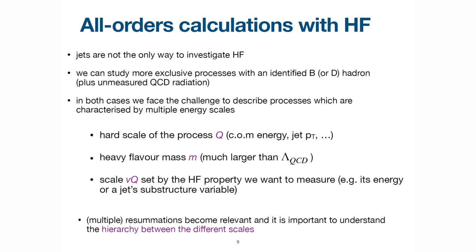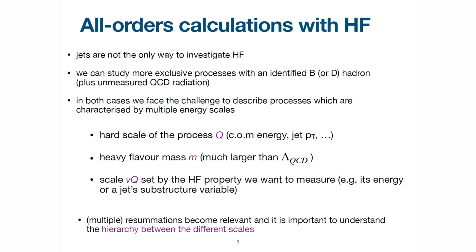So let me take a step back. I said jets are one way of looking at heavy flavor. They're not the only way. Traditionally, especially at LEP, what people would do is to identify a particular decay of a B or a D hadron and measure QCD radiation. And so you measure some property of this B hadron and try to infer something about the B quark that seeded it. Well, either if you do this procedure, or if you go back and do your flavor jets, you still have to face, from the point of view of calculation, similar problems.